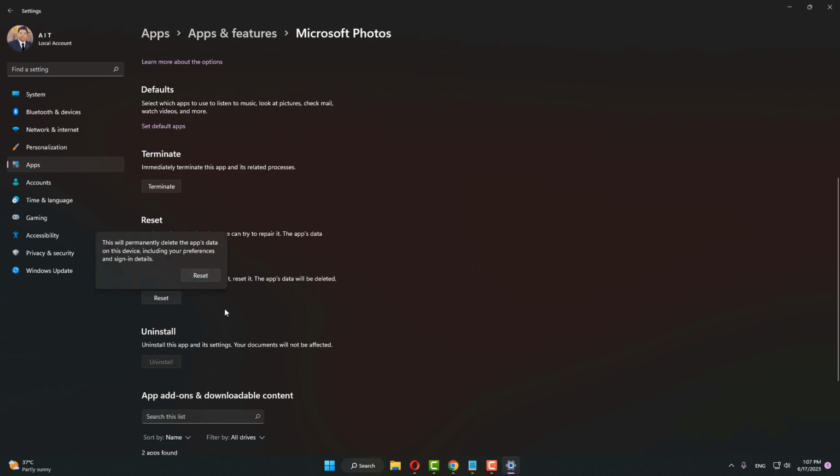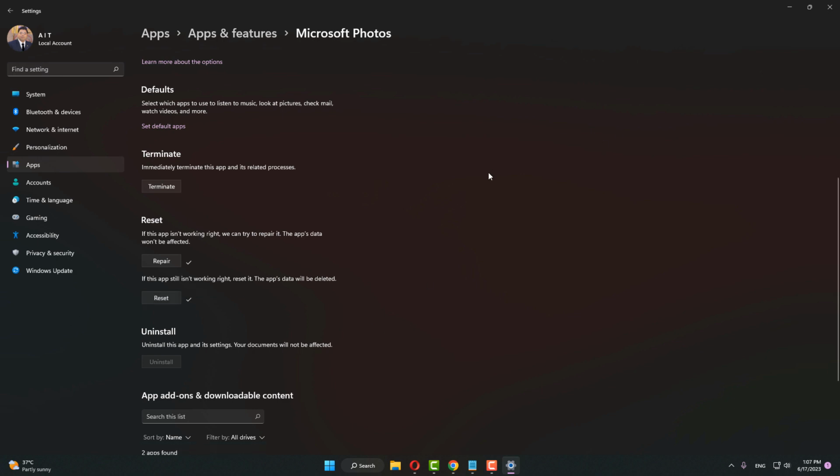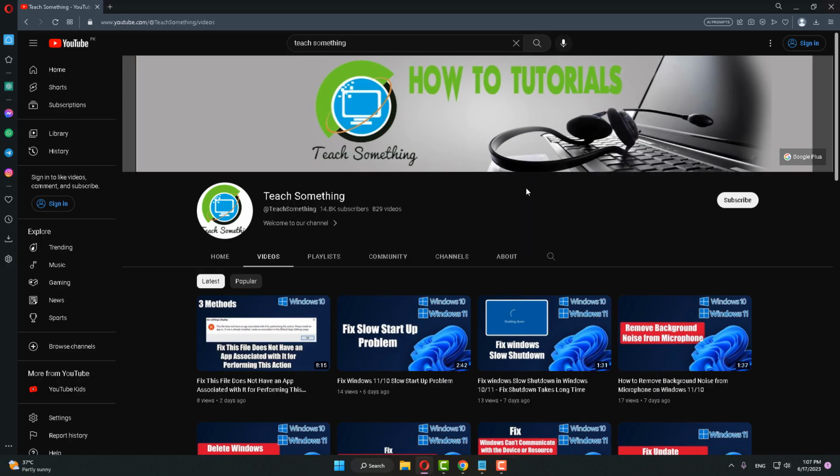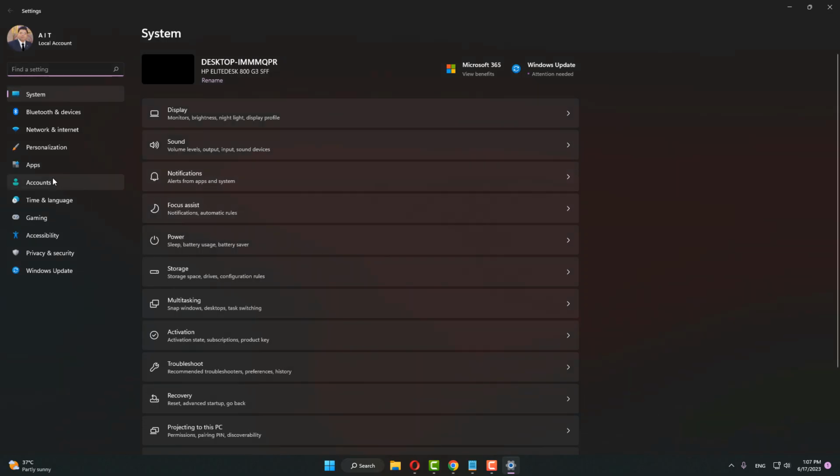After that click on Reset. After completing that, close it. After that, I hope your problem is fixed, but if your problem is still there, then you can try the next method. The next method is that in the Start menu, go to the Settings of your Windows,